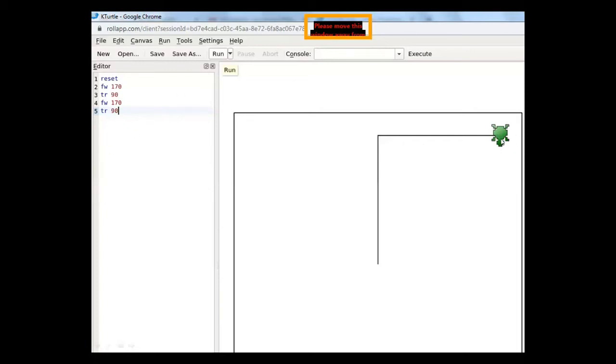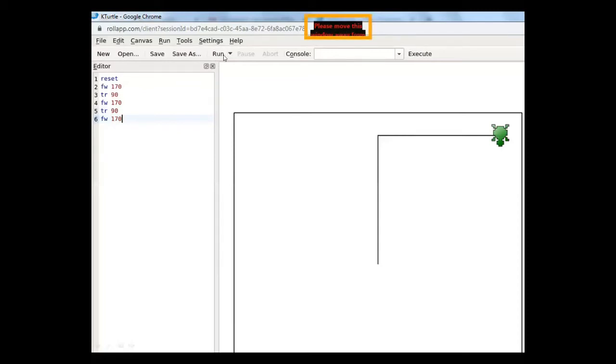To make the square, I will draw the third line. So to draw the third line, I will write the command again FW170. When I write FW170, the turtle will move in the forward direction. First I write the command FW170, then I click on the run button.